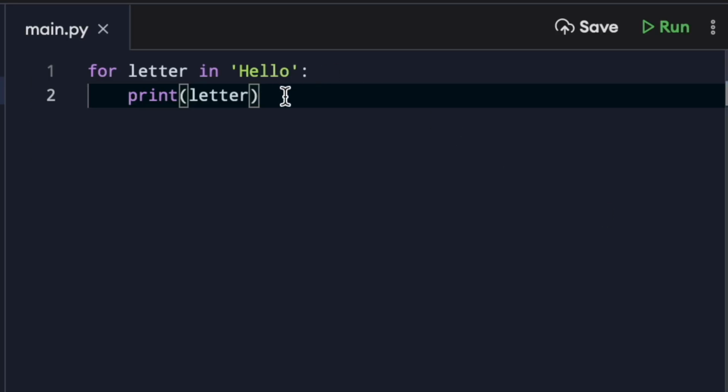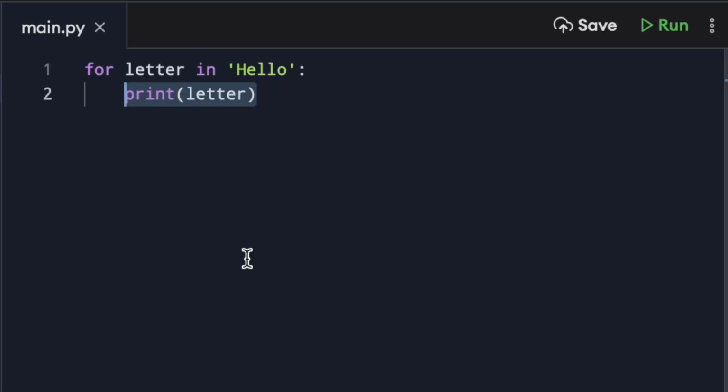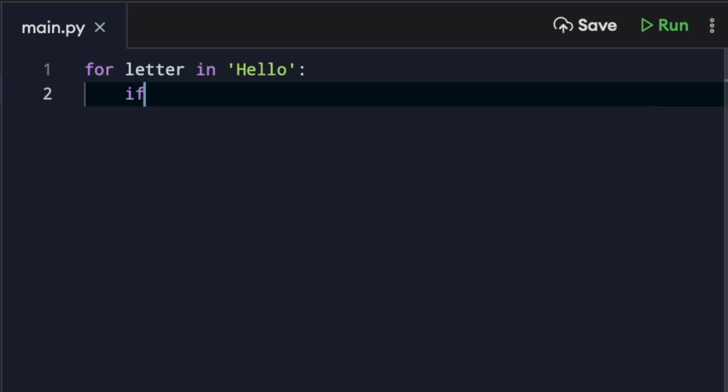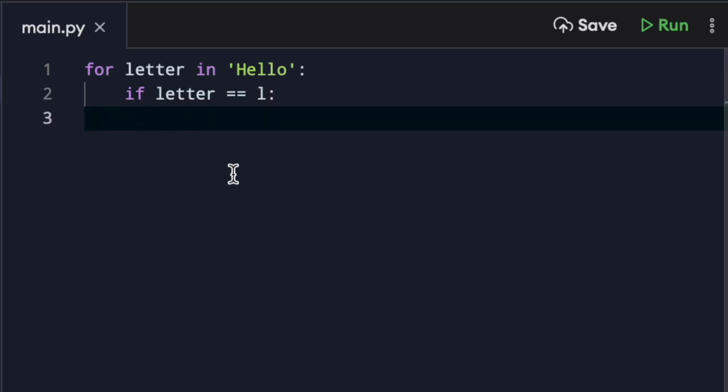We can also add logic. So we can say that we want to go through our string, and when we find the letter L, we want to let the user know that we found the letter. So what we can do is we can add an if statement in here, and we can say something like if letter is equal to L, put a colon, hit enter and ensure we're tabbed into the correct space. And we can say print, and then we could say found